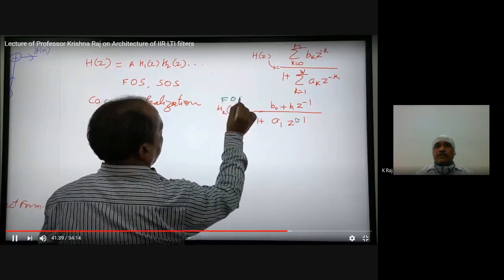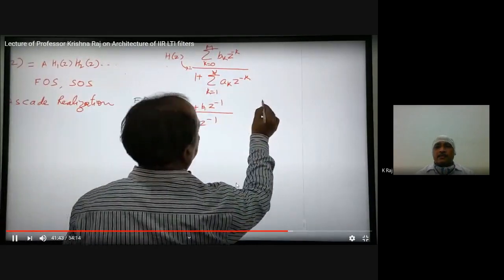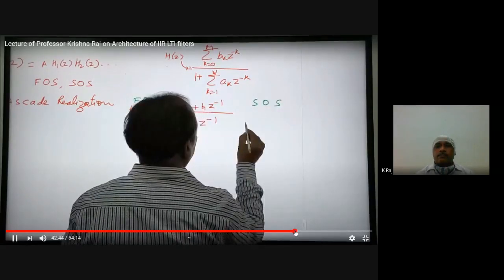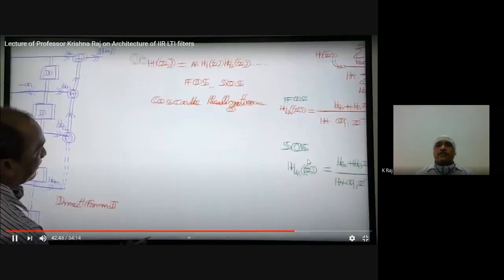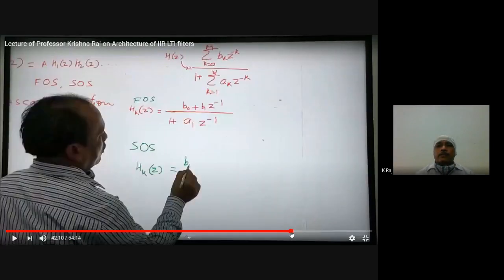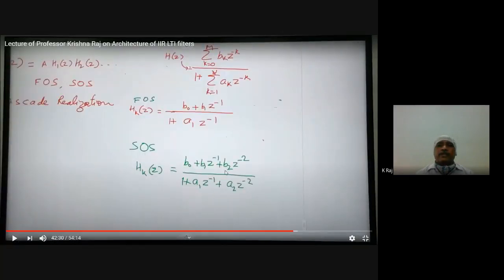This is the first order section, and now we are going to describe the second order section here. This is the second order section, and this one is the first order section. It has the maximum power of 2, and this has the maximum power of 1.